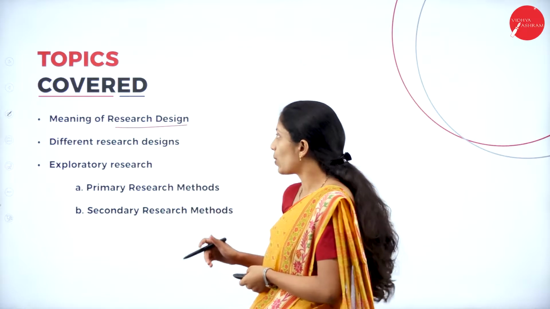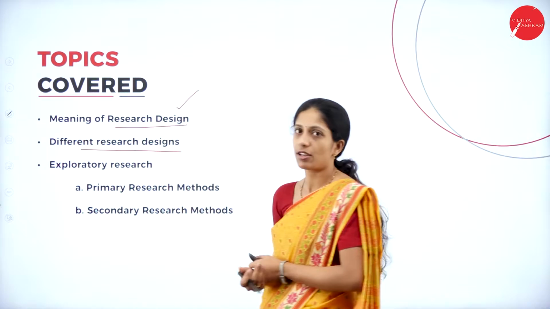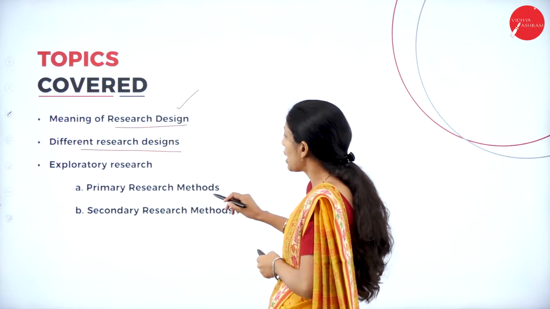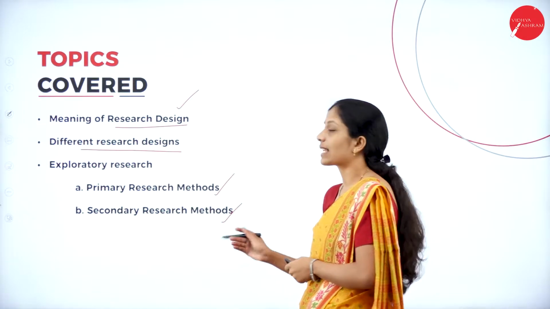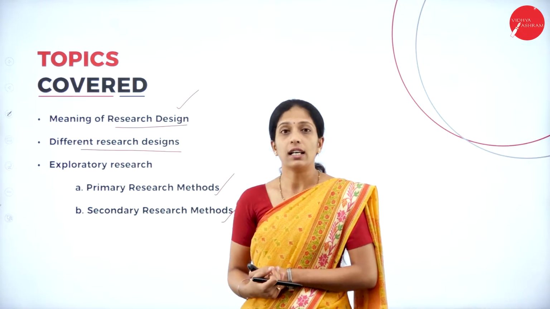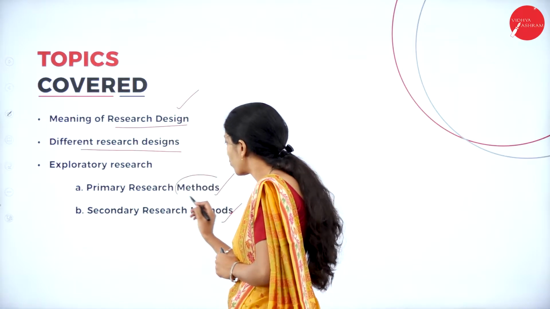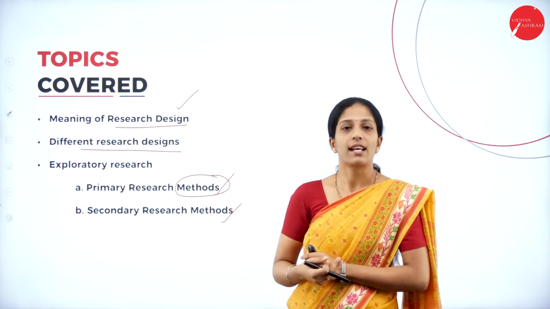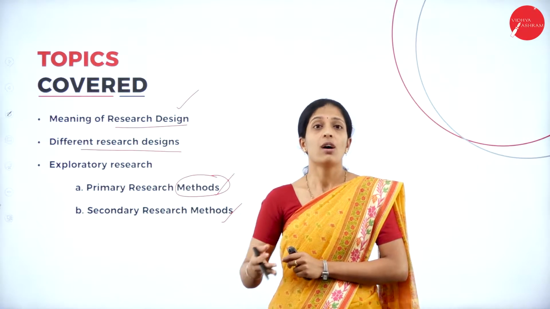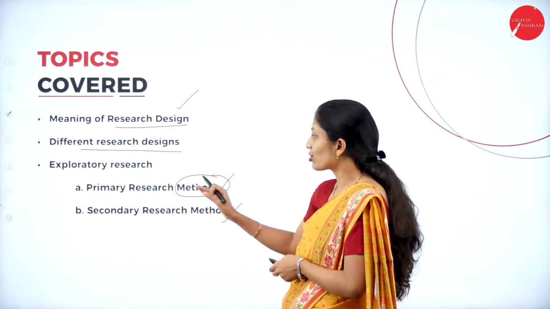So that is termed as what? Research design. Next, we have discussed about different research designs. What are the various types of research designs where we have learnt about primary research methods as well as secondary research methods. So, what do you mean by primary research method? Here, the data is collected for the first time. Here we have learnt different types of method where the information is collected for the first time. It may be personal interviews or focus groups or any other activity where the data is collected for the first time. That is known as what?